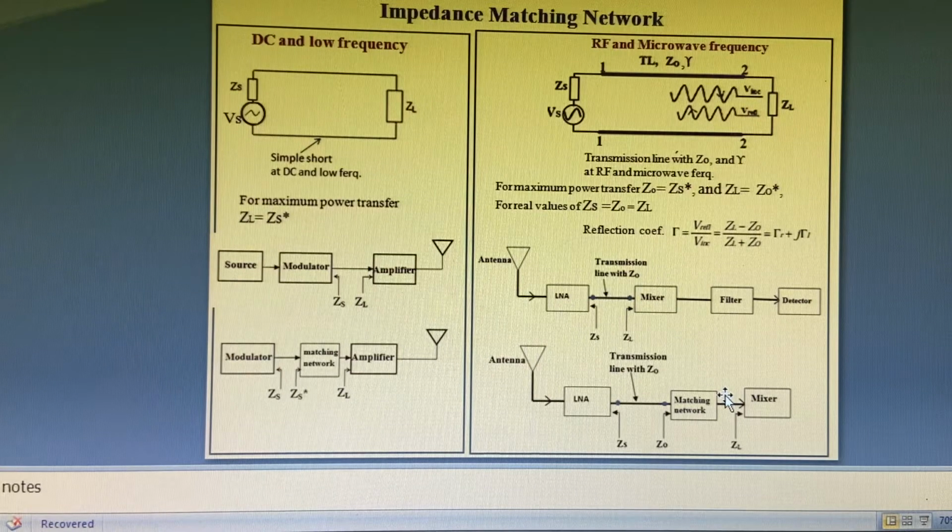In high RF and microwave frequencies, it may be necessary to match every circuit's input impedance and output impedance with the transmission line. So the impedance matching network plays a very important role in low frequency as well as RF and microwave frequency regimes. We have to design the matching network based on the requirement of matching needed in the circuits.